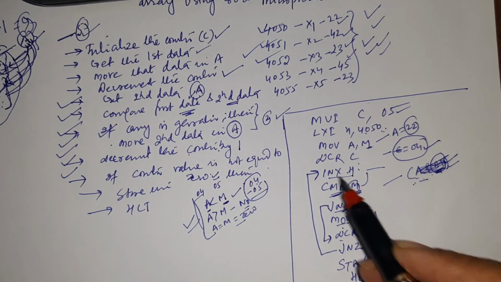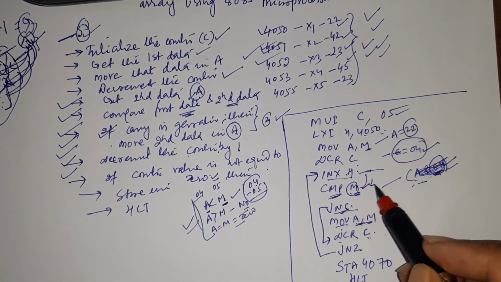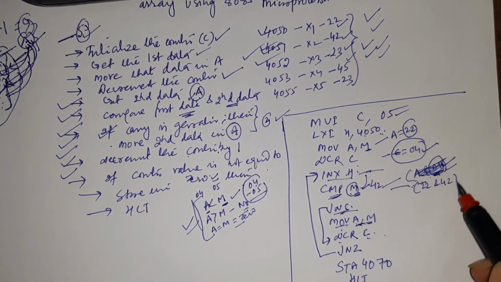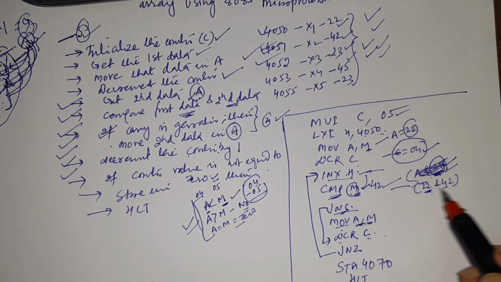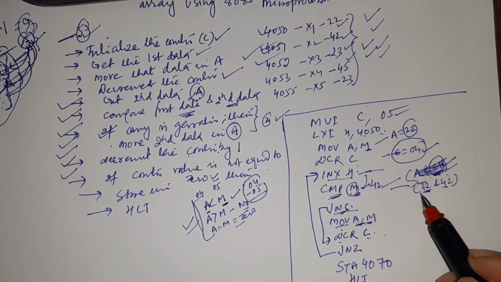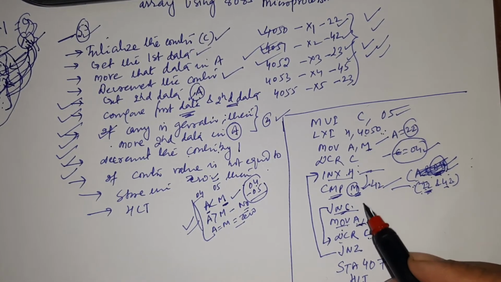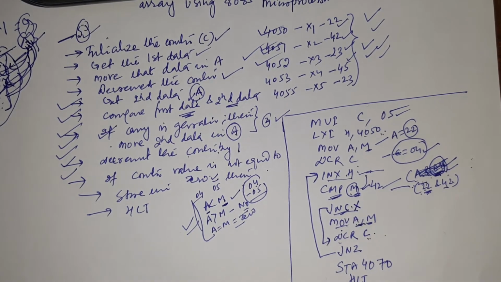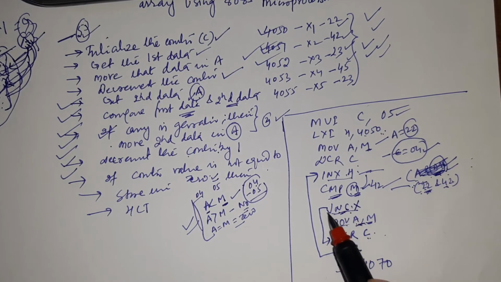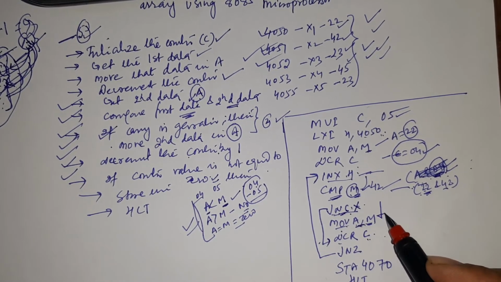Now INX H means this is pointing to 42. Here M is 42. Now you have to compare 22 and 42. When you subtract 42 from 22, that will not happen, so you have to take a borrow, means the carry flag will be set, there will be a carry generated. So in this case this condition will fail, because here it is jump if no carry. If there is no carry, then it will jump, otherwise this will not execute, and your pointer will go down.